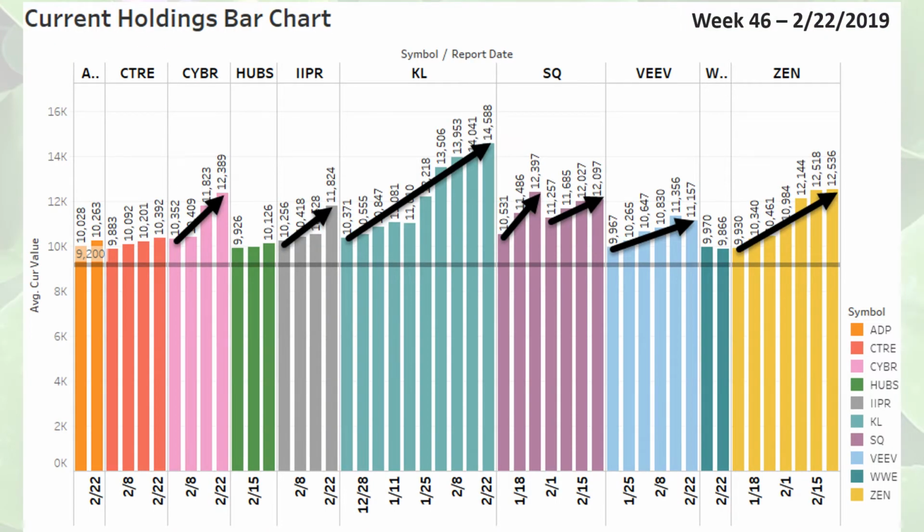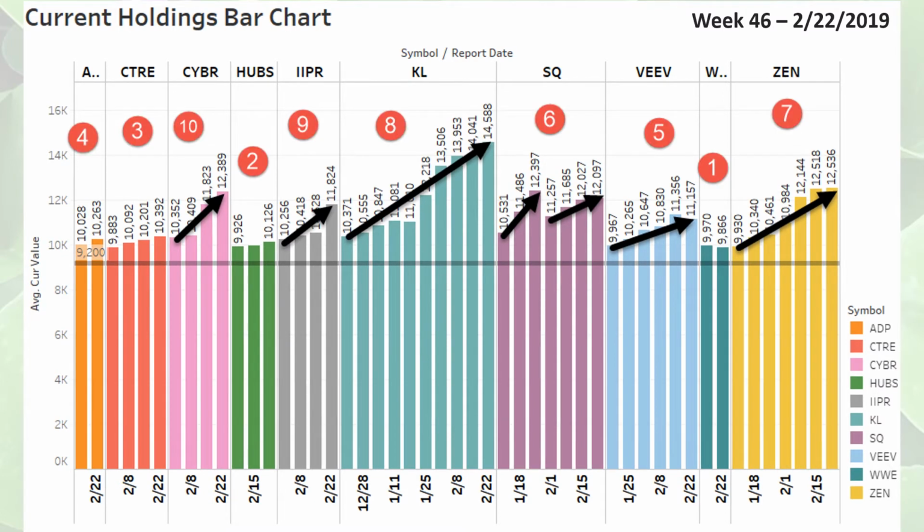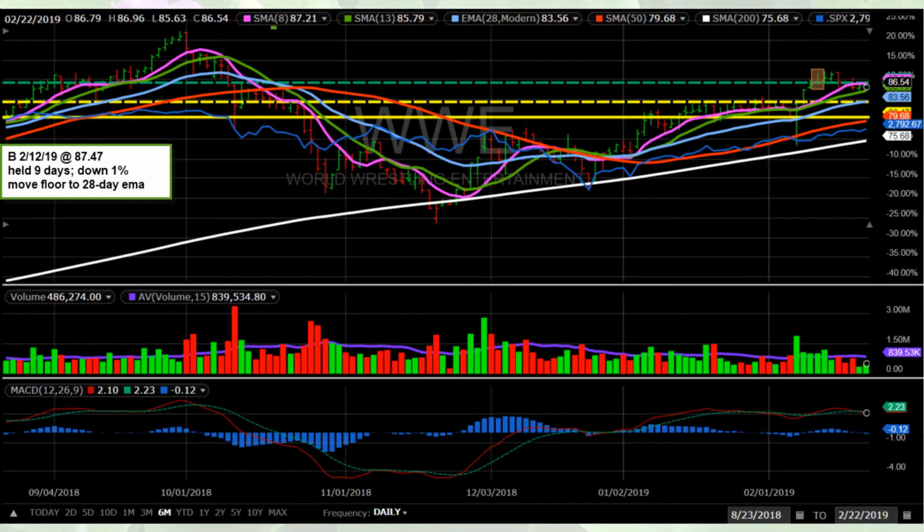I've added these arrows to show the acceleration of the stock, how quickly it's going up, and then I rank the stocks in order of weakest to strongest. Now I'm going to review my charts in the order of what I consider to be the weakest to the strongest. WWE is my weakest performer. I've held that for 9 days and it's down 1%, and my floor is moved up to the 28-day exponential